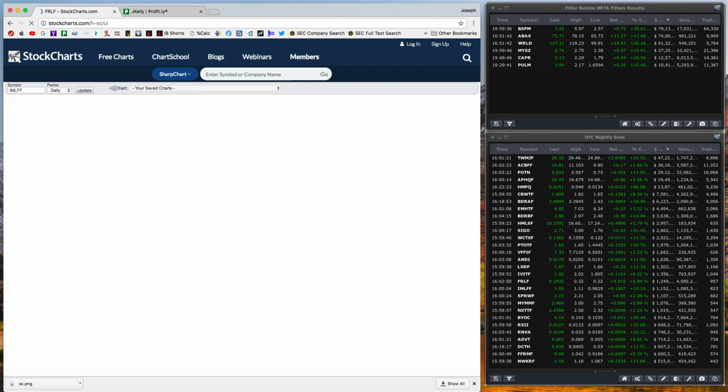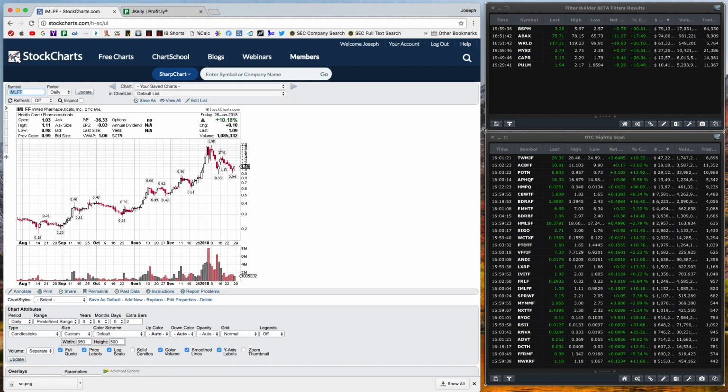IMLFF. God, there's so many foreign stocks. Again, same pattern with these ACBFFs and so on. This one, I actually kind of like. This is kind of like your supernova, where it goes from 80 cents up here to nearly 2. And now it's forming this line in the sand right at $1. So if this thing snaps nicely on $1,